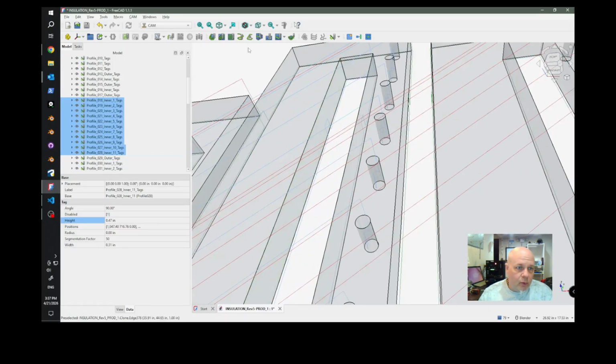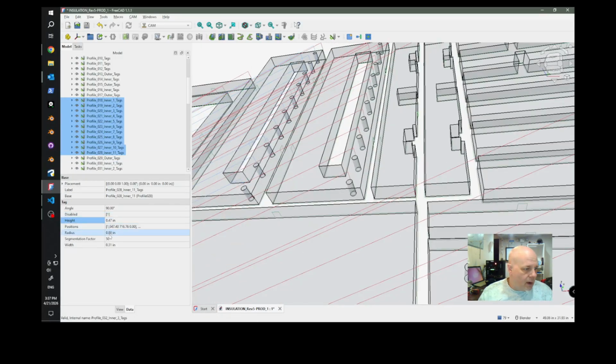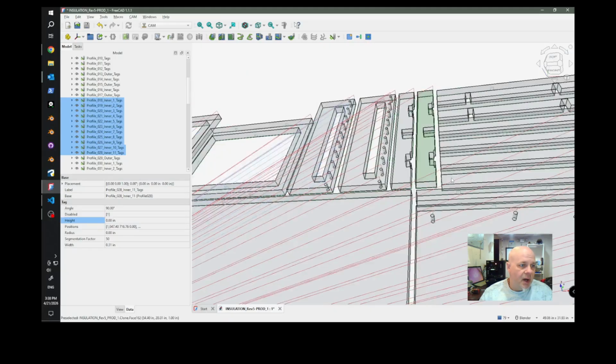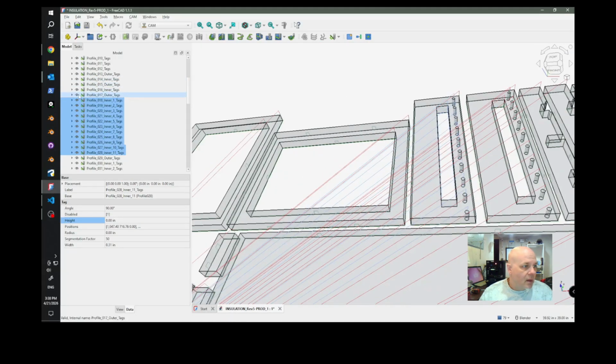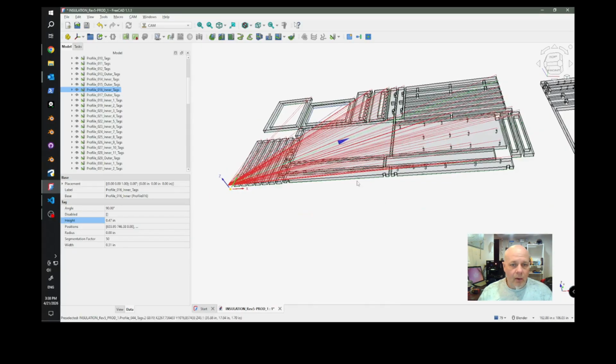Do you see them blue? And then I'm going to change the height to 0. And all those tags went away at the bottom of those holes. This inner is this path right here. I want tags on that because I don't want that part flying around. Okay. So now I have